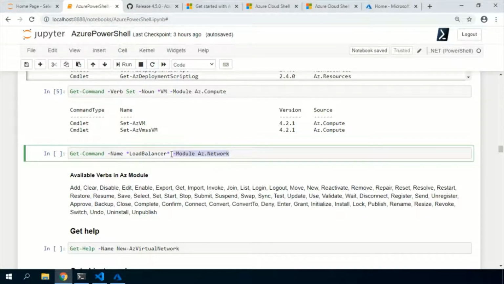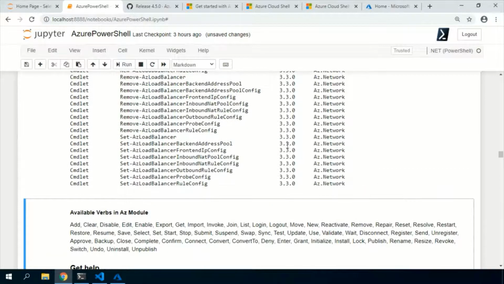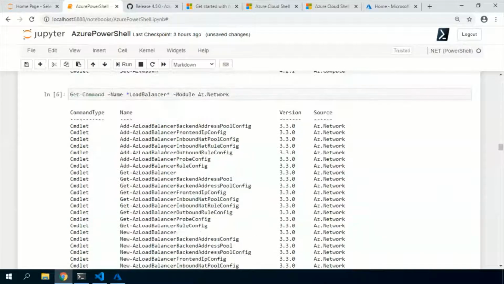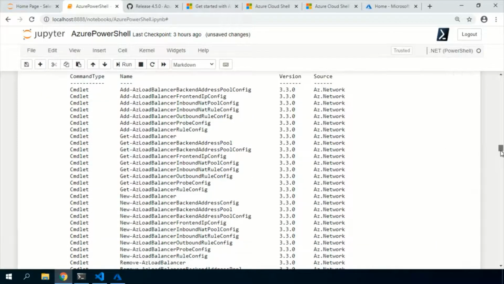Even non-Azure commandlets will be included in that list. So if you want to filter, you have to use the proper module here. If I run this one, I'll get all the commandlets whose names have load balancer in them. These are all the commandlets.